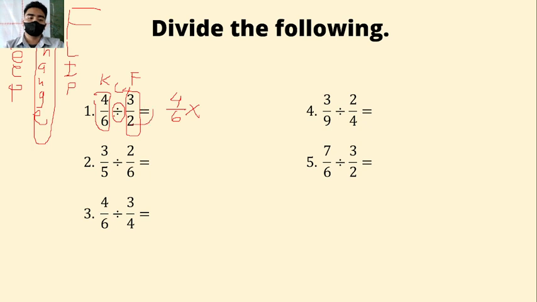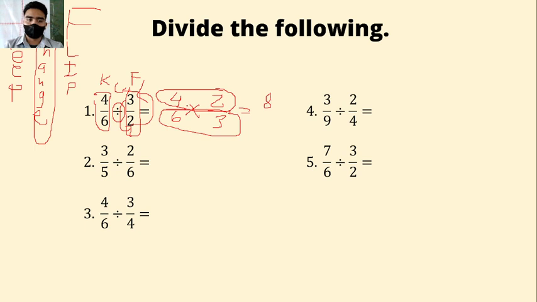So your 2 will go at your numerator, and 3 will go at your denominator. Now, get it already? Alright, so with that said, how are we going to multiply fractions? Isn't it that it is numerator to numerator, denominator to denominator. So 4 times 2, the answer is